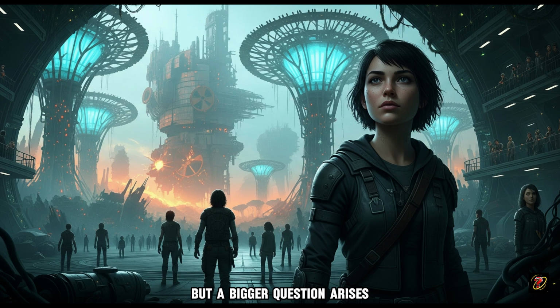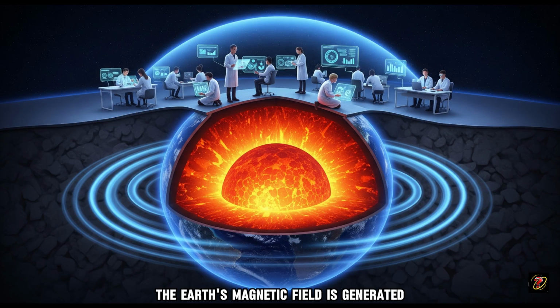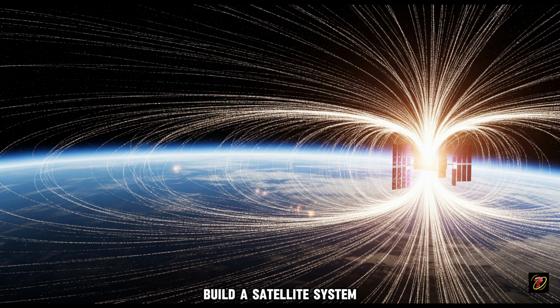But a bigger question arises. If humans were still around today, would technology be enough to replace nature and sustain life? The Earth's magnetic field is generated by the movement of the liquid metal core. When it disappears, humans can build a satellite system to create an artificial magnetic field, similar to the idea proposed